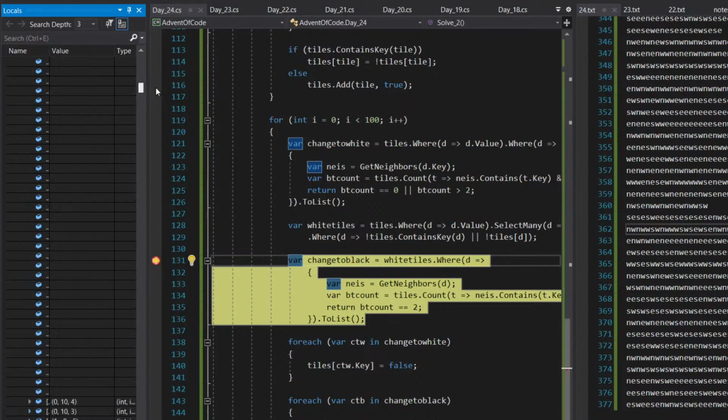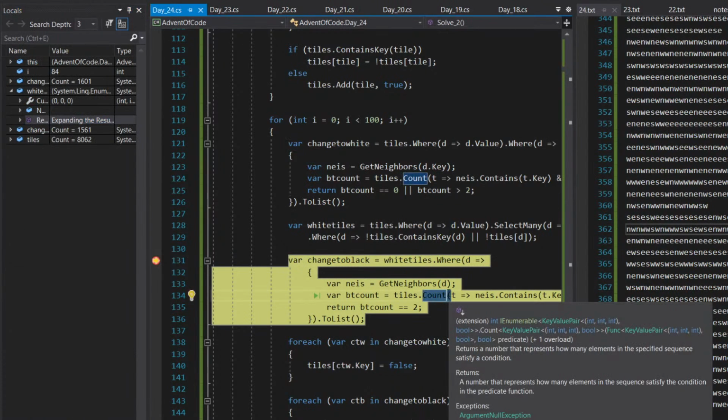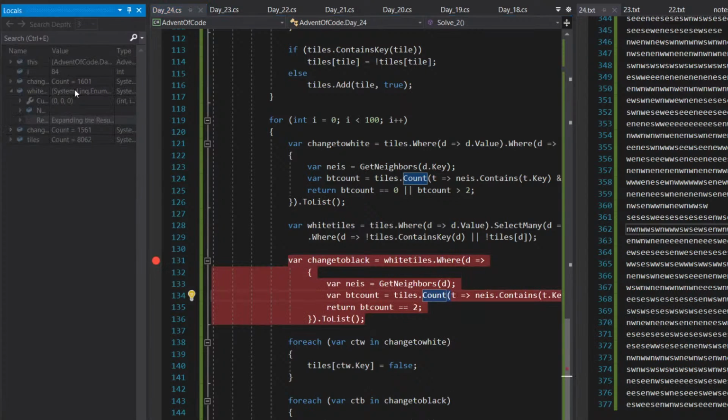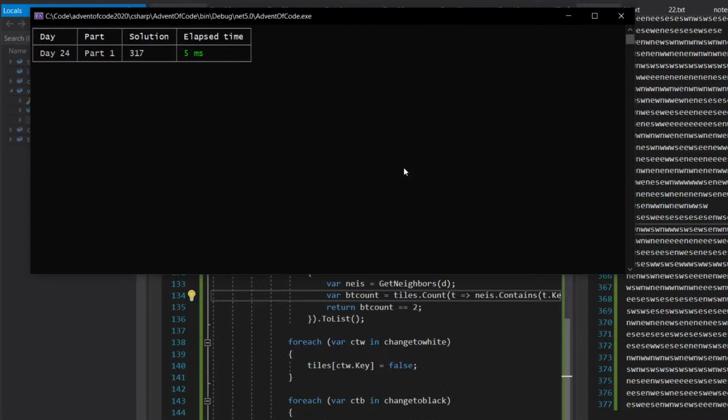Can I not inspect what the count looks like? It looks like it's running a bit faster, it seems. The fact that I'm pausing it probably doesn't help with the execution time, but